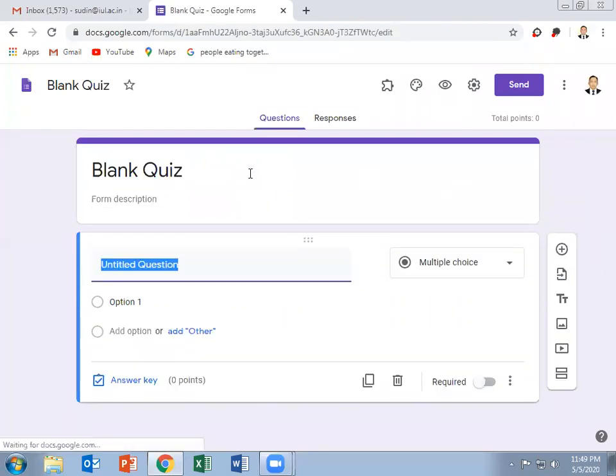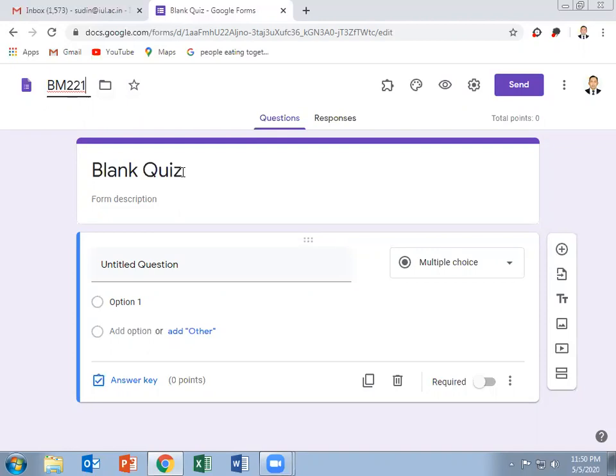So the next step is we have to rename the blank quiz with the subject code that we are teaching. For example, I'm making a quiz for BM221, that is commercial law.